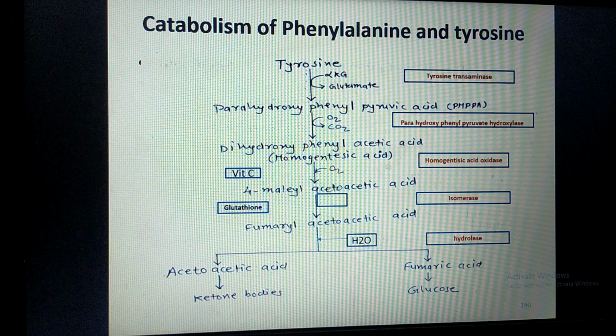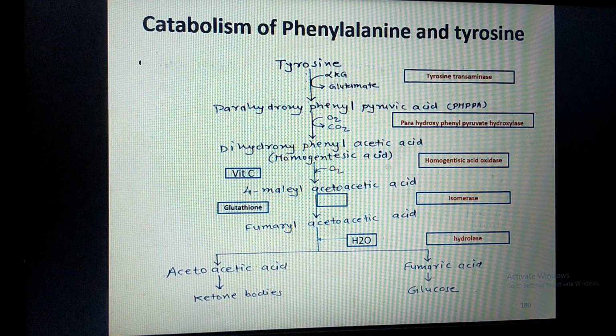Another name of dihydroxyphenyl acetic acid is homogentisic acid, which undergoes oxidation. Homogentisic acid has a ring structure. That ring is opened by addition of an oxygen molecule with the help of the enzyme homogentisate oxidase to form a straight chain structure called 4-maleylacetoacetic acid, which requires the coenzyme vitamin C. In the next step, 4-maleylacetoacetic acid undergoes isomerization with the help of the enzyme isomerase and coenzyme glutathione to form